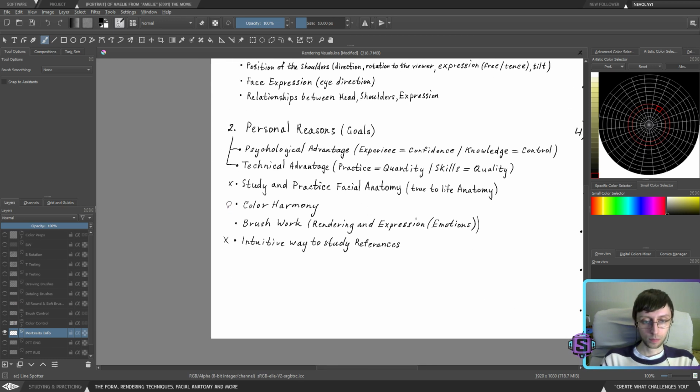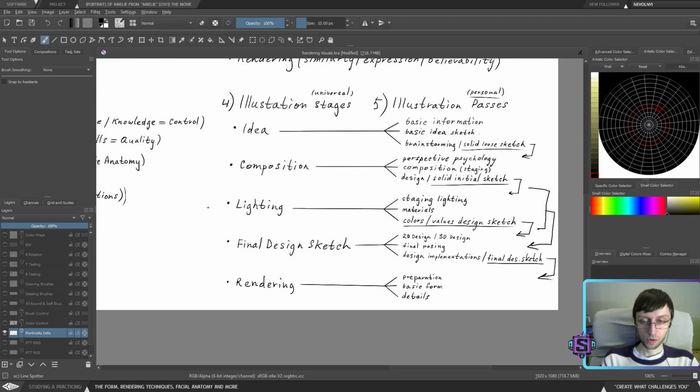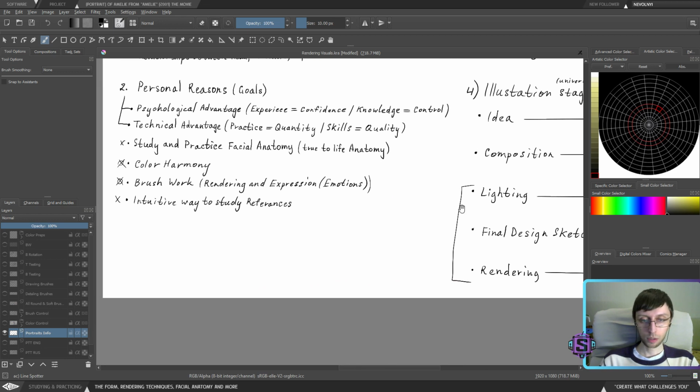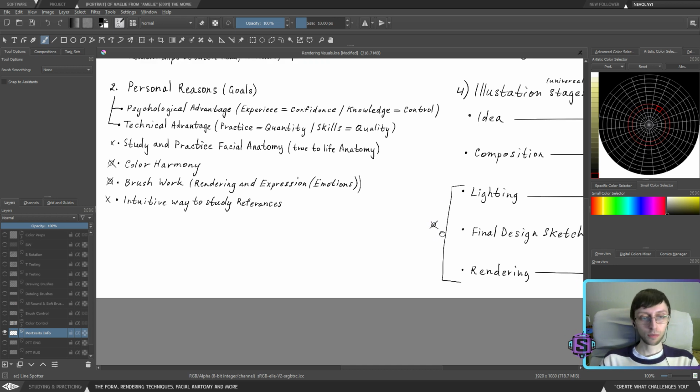And then we're going to cover color harmony and brushwork throughout probably those three categories. So while working on lighting, final design sketch, and rendering, we'll try to cover color harmony and brushwork.